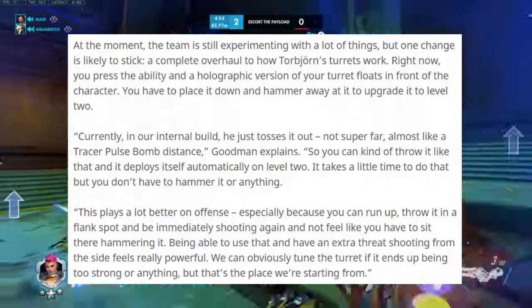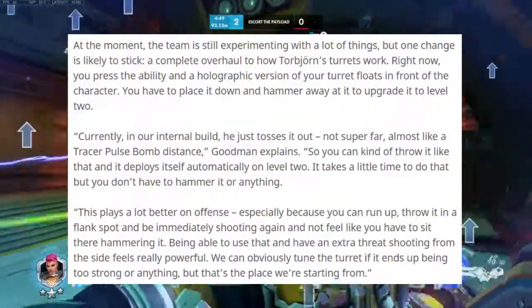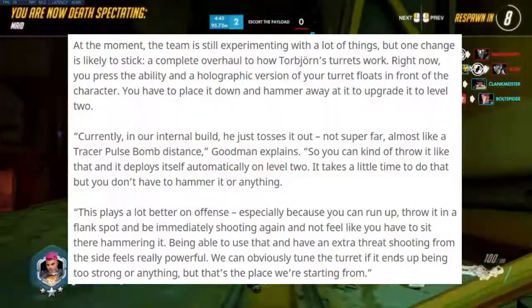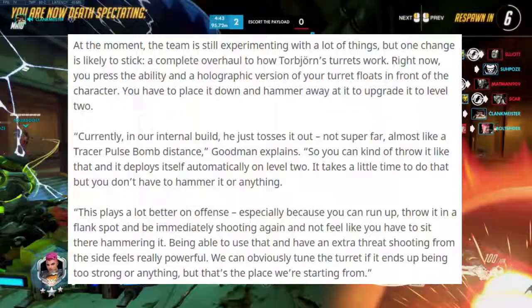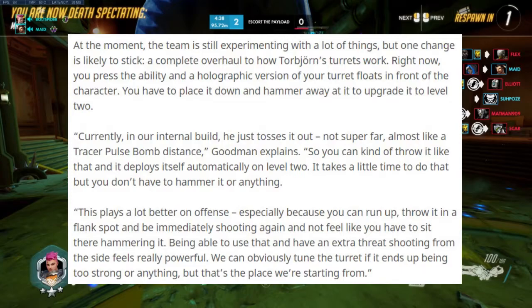Currently, he just tosses it out, not super fast, almost like a tracer pulse bomb, which is very interesting. So you gotta throw it and deploy itself automatically on level 2. It takes time to do that, but you don't have to use a hammer or anything. This plays a lot better on